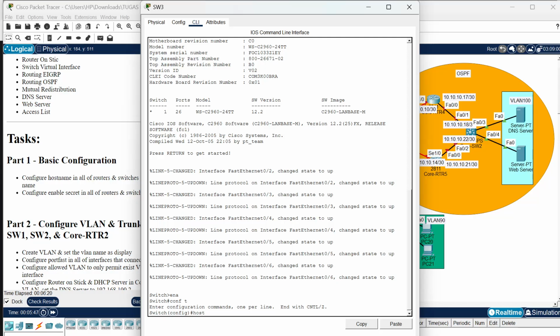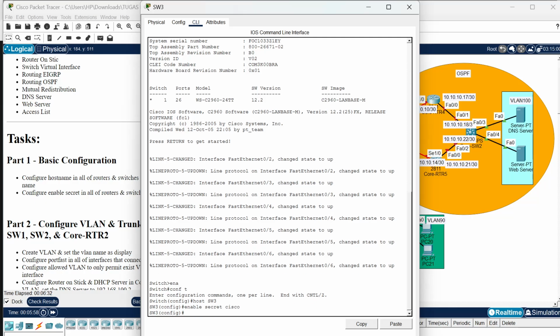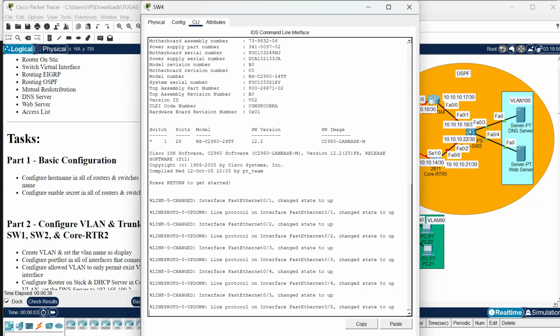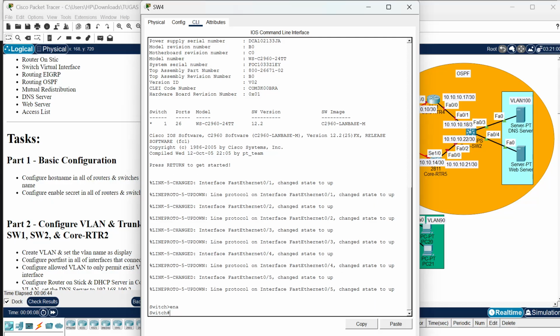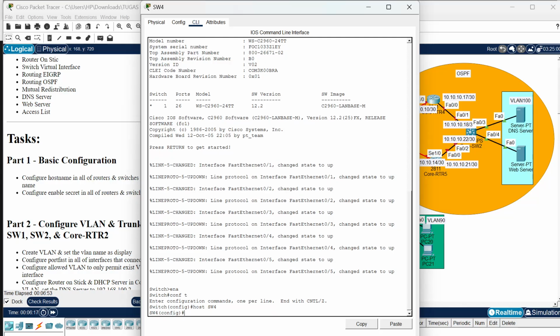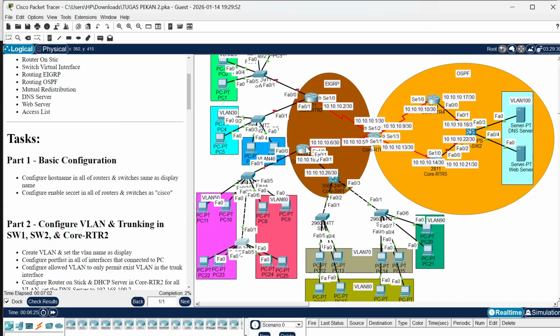Configure terminal, hostname SW3, enable secret Cisco. Okay, switch 3 is already set, and for switch 4 we do the same thing: enable, configure terminal, hostname SW4, and enable secret Cisco. Okay, already set. We just close it